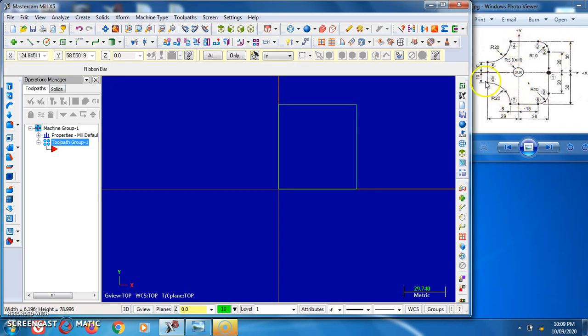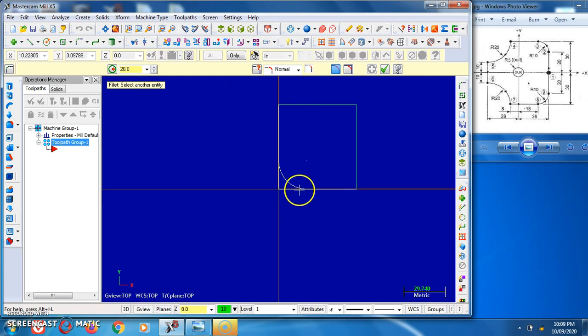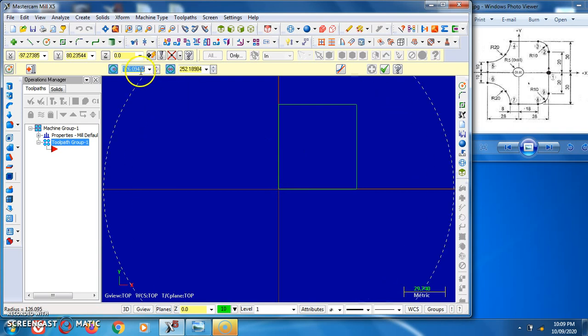Now we require a fillet of 20 mm radius here. So directly we can go for the fillet. We can put the radius here 20 mm, press enter, select the first line and the second line. But the fillet we are getting is in the corner, and here we require a different radius. So we can't use a fillet here. We have to draw one circle here with the radius of 20. So put down the radius of 20. Now this is our required figure.